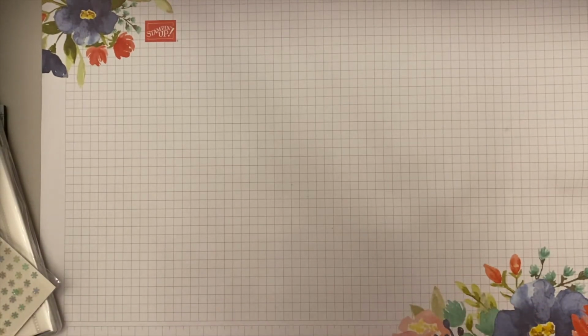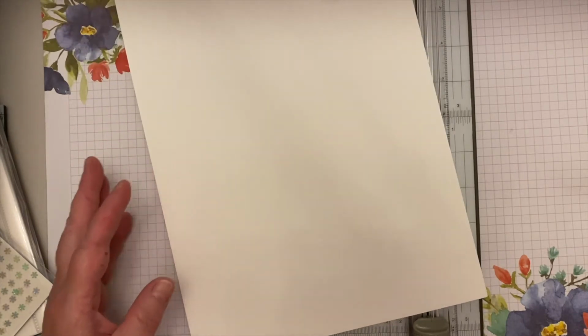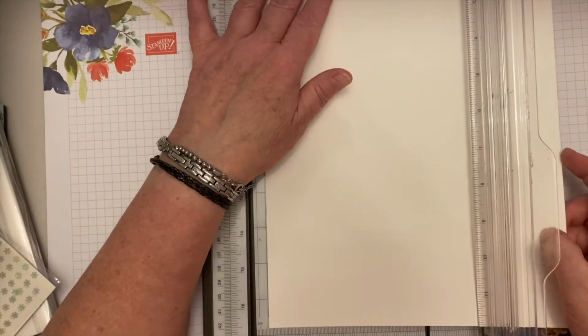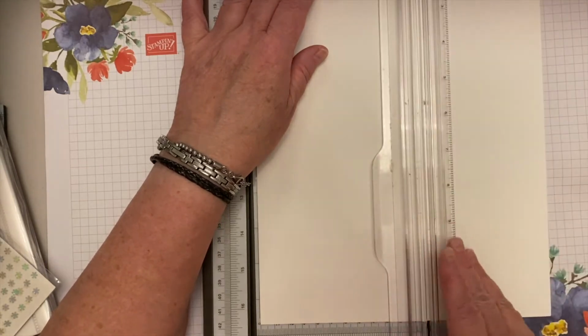So if you're wanting to make quite a few cards at once for your Christmas card list, this is the best way that I found would get you more out of your card stock. So the mats are, as I say, 8 by 12. So the white mat's 8 by 12. So what I did was I took my A4 cardstock, into 12 on the vertical,